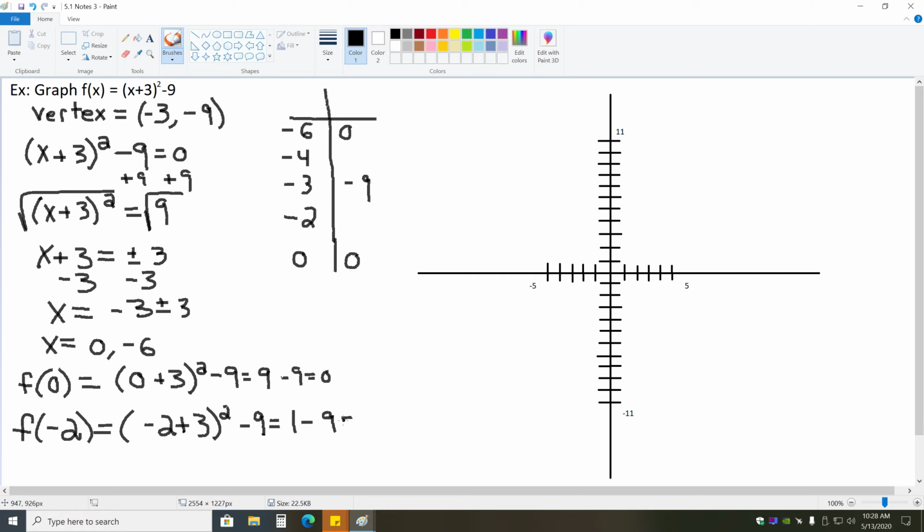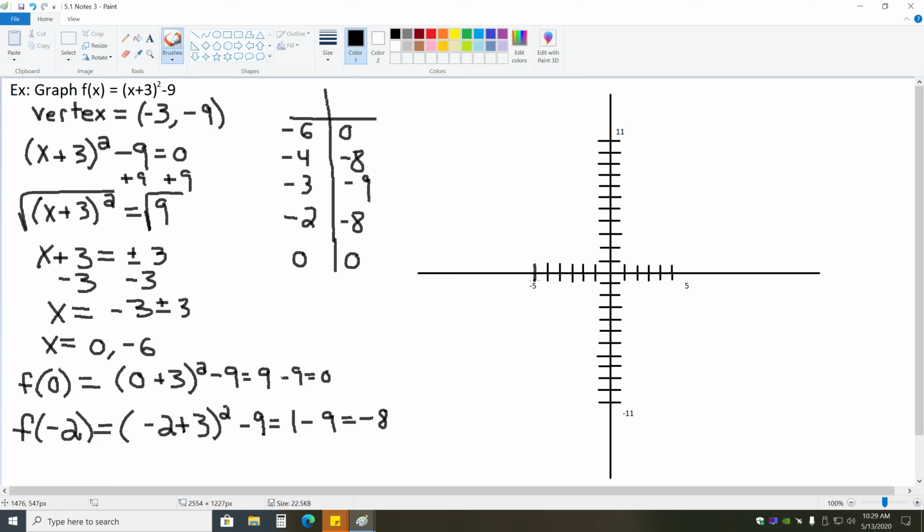Minus 9 gives us -8. So we get -8 for this x value, and because of the axis of symmetry, we will get -8 for the -4 x value. We now have everything we need to graph this parabola,